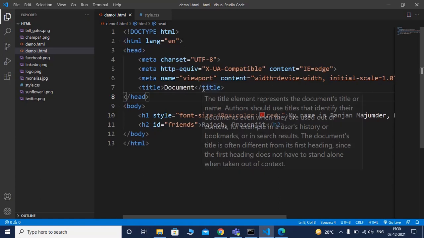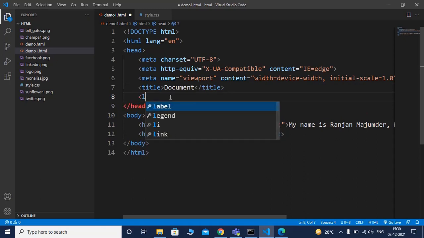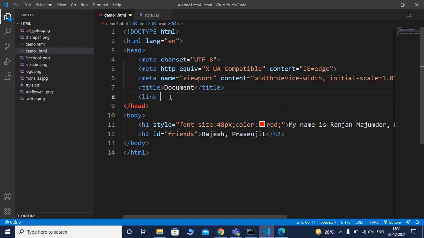So how can I import it? To import a CSS file, a developer should use the link tag. Here I am using link. Rel is an attribute. href, the value of href holds the URL or the location of this CSS file.